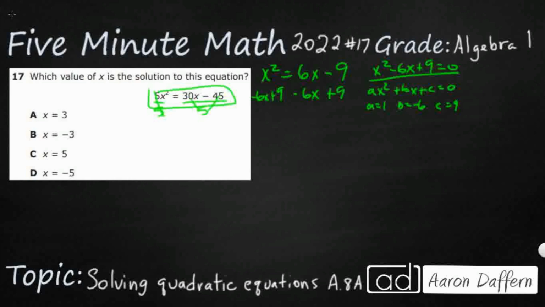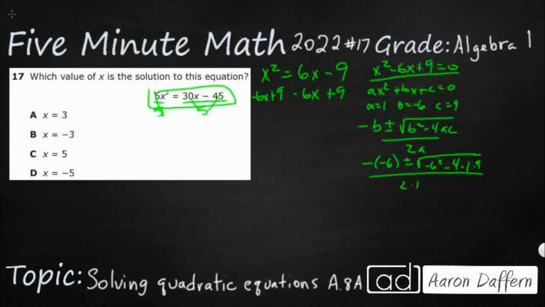Alright, so remember, negative b plus or minus the square root of b squared minus 4ac, over 2a. So plugging in our numbers, it's going to be negative negative 6, so we'll end up making that a positive. Negative 6 squared minus 4 times a, which is 1, times c, which is 9. Alright, and then we've got 2 times a, which is 1. So check this out. I've got positive 6 plus or minus